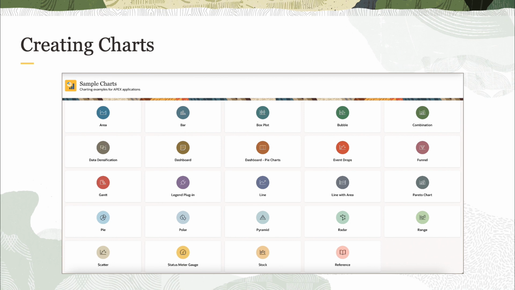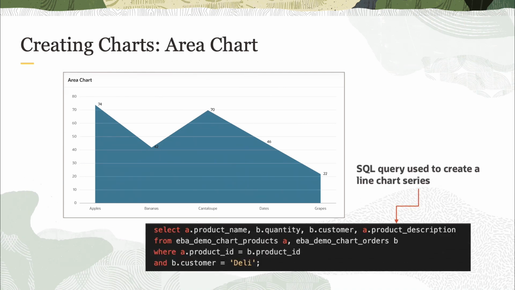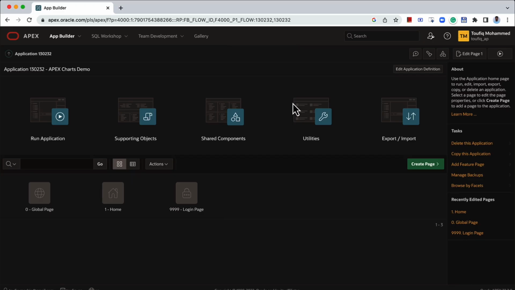You can add a chart to your application by running a built-in wizard or by creating it manually in Page Designer. The chart you see on the screen is an area chart built using Apex. The SQL query beneath it is the one that is used to generate the chart series. Once you build a native chart in Apex, you can then use the chart attributes to format and customize the style of your chart. Let us see how to create an area chart and how to customize the chart styling